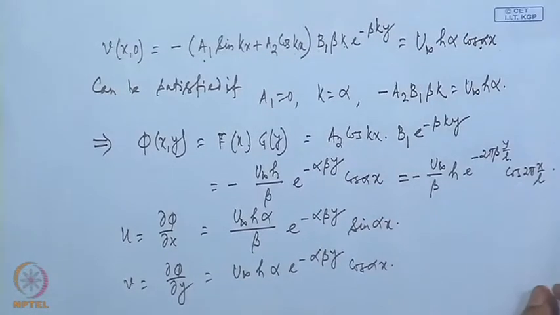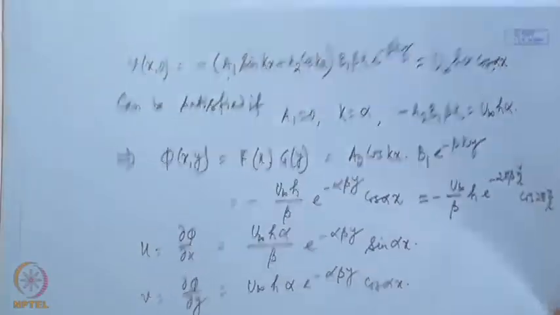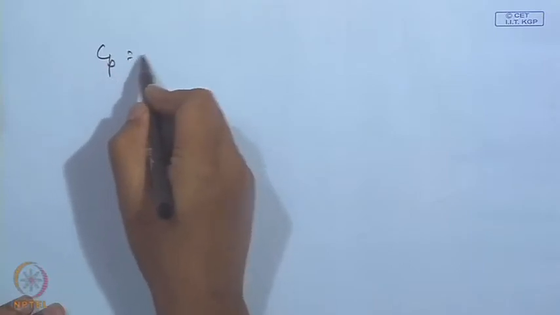The total velocity field, of course, can be obtained by adding u infinity to the u component. The pressure coefficient is